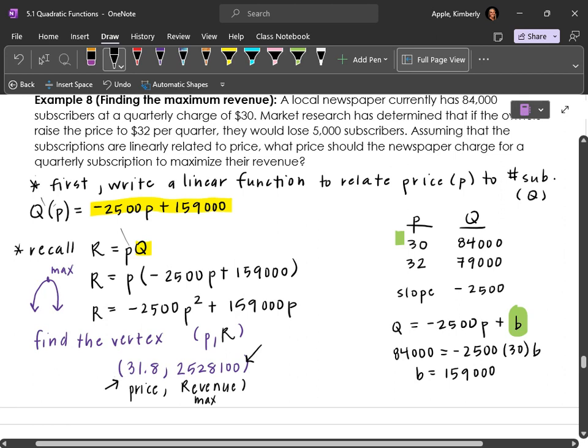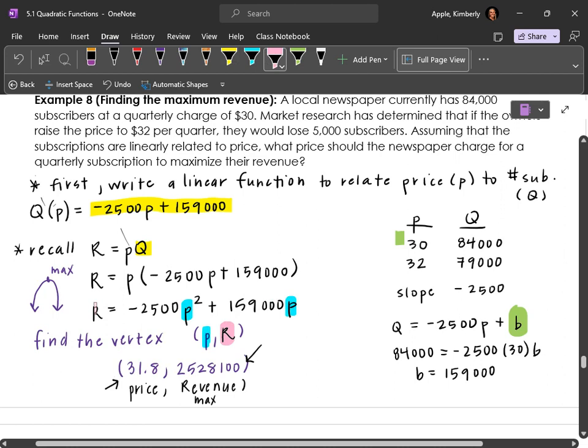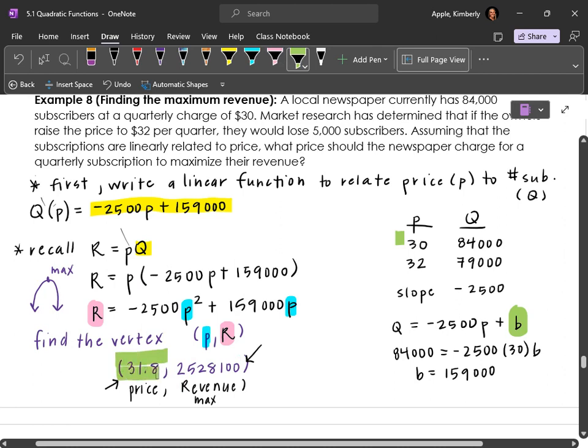So from there, let's go back and notice that the vertex of this is PR because these are P's and these are R's, right? The output is an R. And I'm sorry I put that Q there, but so there it is. So what is the max revenue? Well, $2,528,100, and that is achieved by setting the price of the subscription to this amount. Okay, so that is maximizing revenue,